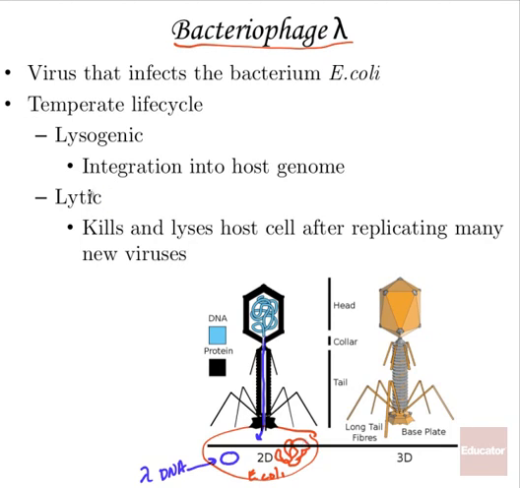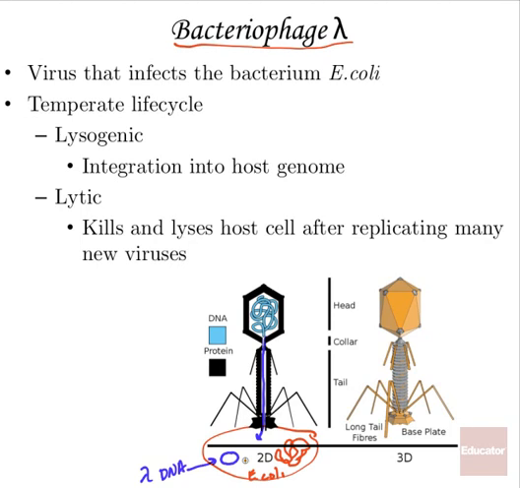Or the lambda phage can replicate its genome separately over and over again, hijacking the E. coli cell machinery, making many new viruses, and it will lyse the bacterial cell, which in fact kills it, and release more viruses to the environment,